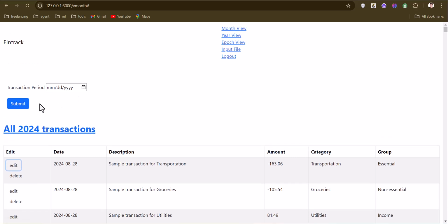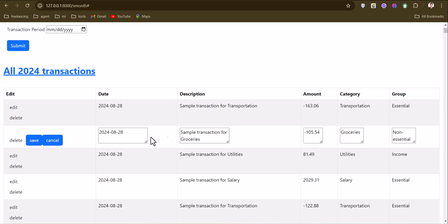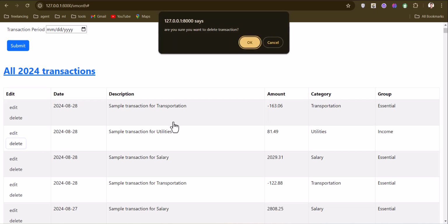I can add the transaction here and also edit the transactions. For example, I can set the month to 7 and save it. Also, I can delete the transactions,